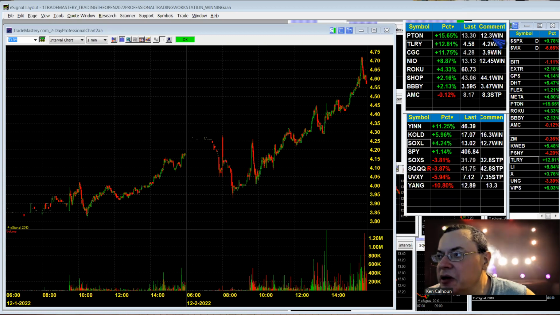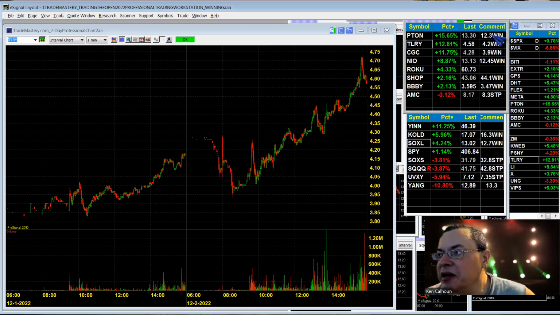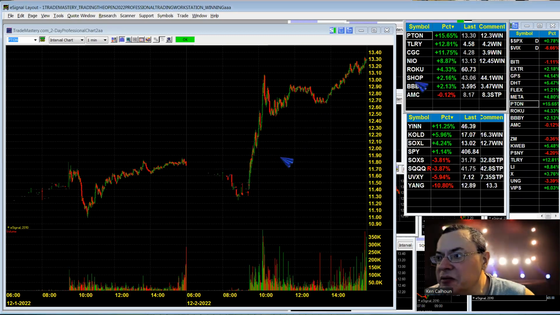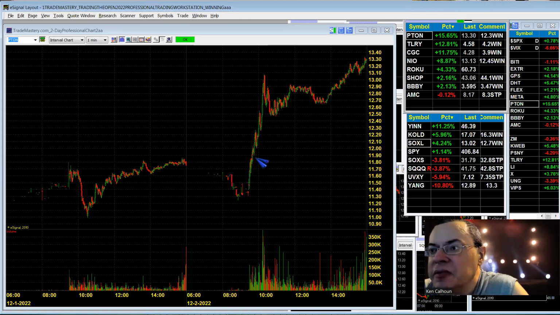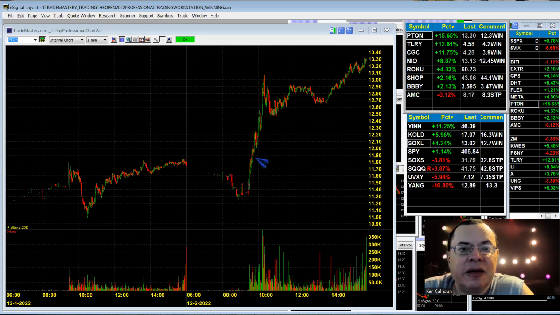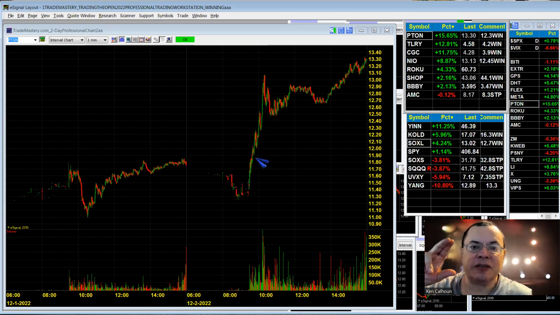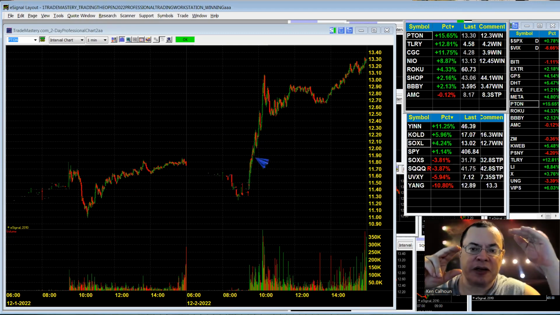So for example, Peloton, when it was under 12.30, I said we go long if it breaks 12.30. Now, I didn't alert people earlier. Again, this is a good example of a 2-day whole number strategy. The 2-day whole number strategy is charts over here yesterday, and if we have a whole number lurking here and it's somewhere near that, we go long if it breaks above the whole number.